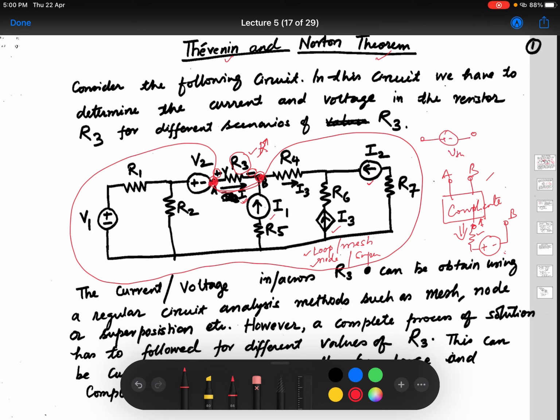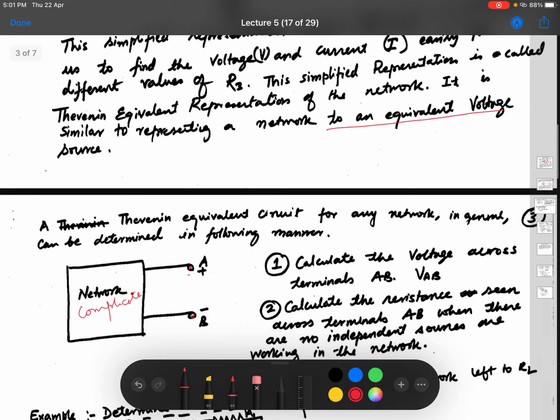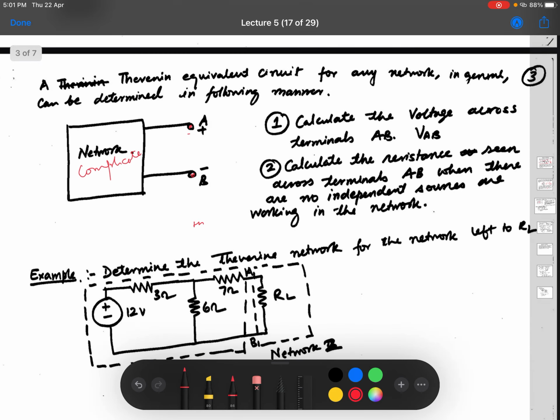Okay, so you have to calculate the voltage coming across this in this complicated network, and that is done only once, please remember, not all the time. You have to find VTH, and then the second part which you have to find out is how much would be the resistance R equivalent. Okay, and this R equivalent is found out by seeing, across the terminals, how much resistance is there across these terminals, and this resistance is found with the network having no independent sources.